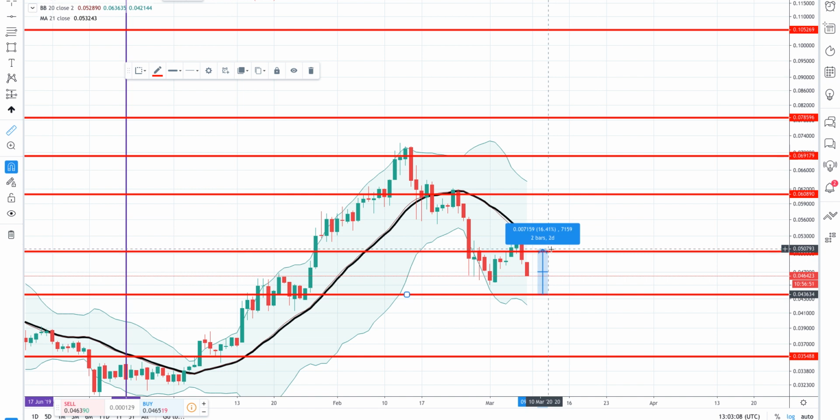You can say it's around 20, 16, 15%, something like this. It's good for you to trade the dumps. Do not trade high. This is a big mistake traders are making in crypto.